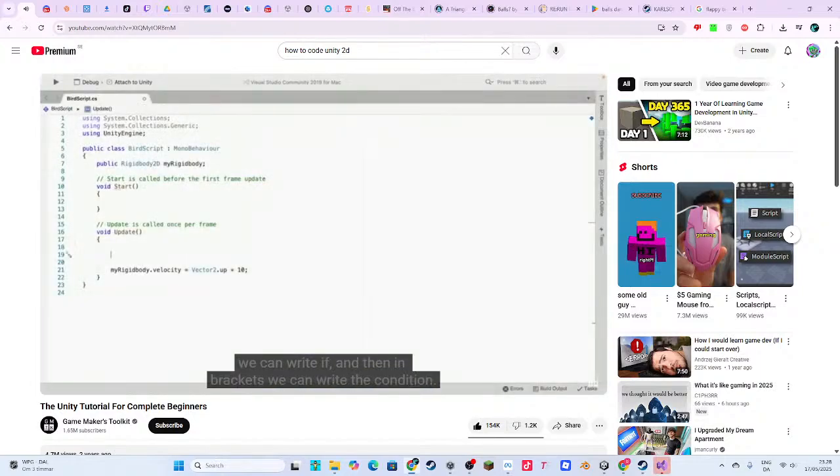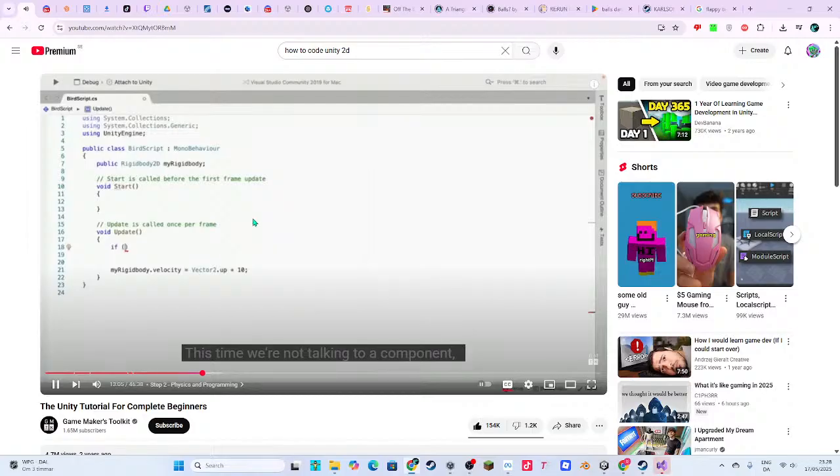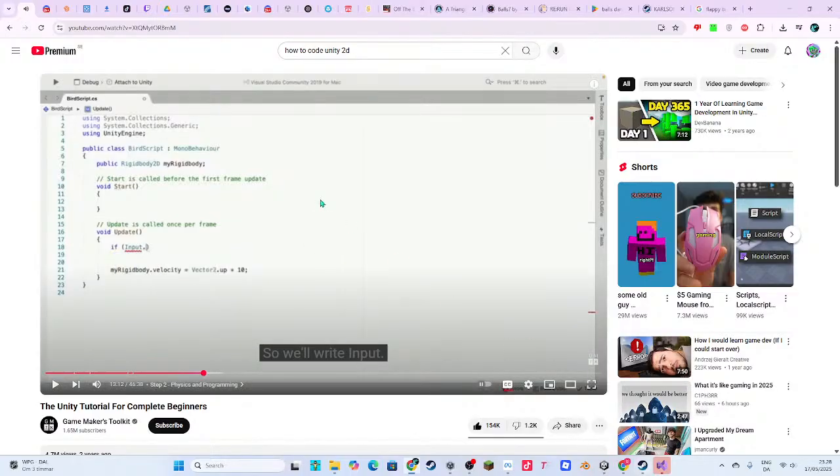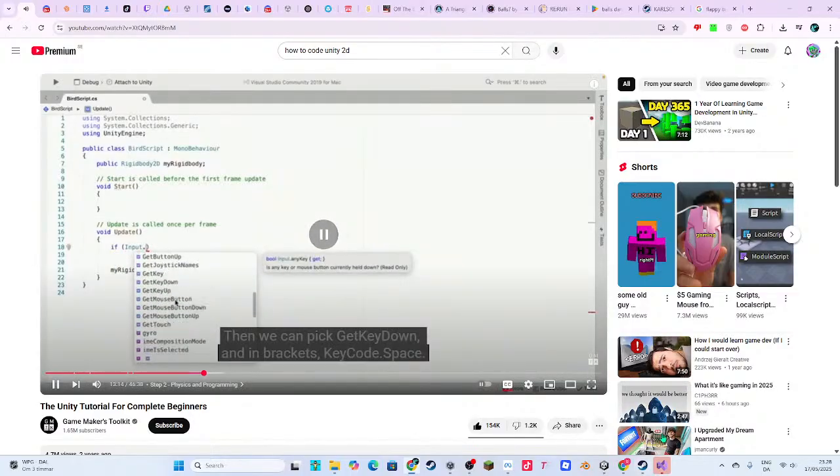hits the spacebar, then add upward velocity. To do this, we can write if, and then in brackets we can write the condition. This time we're not talking to a component, we're talking to Unity itself, specifically its input system. So we'll write Input dot.